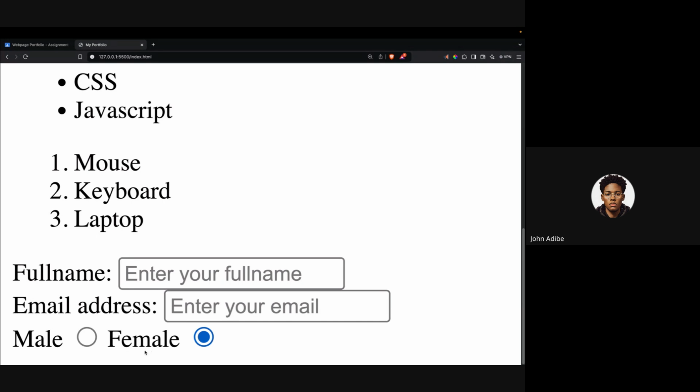So if I click on this, now one of them is supposed to uncheck the other, right? So I cannot have two genders, right? I cannot be a male and be a female at the same time. So I need to tell the system that they must select only one. But currently,